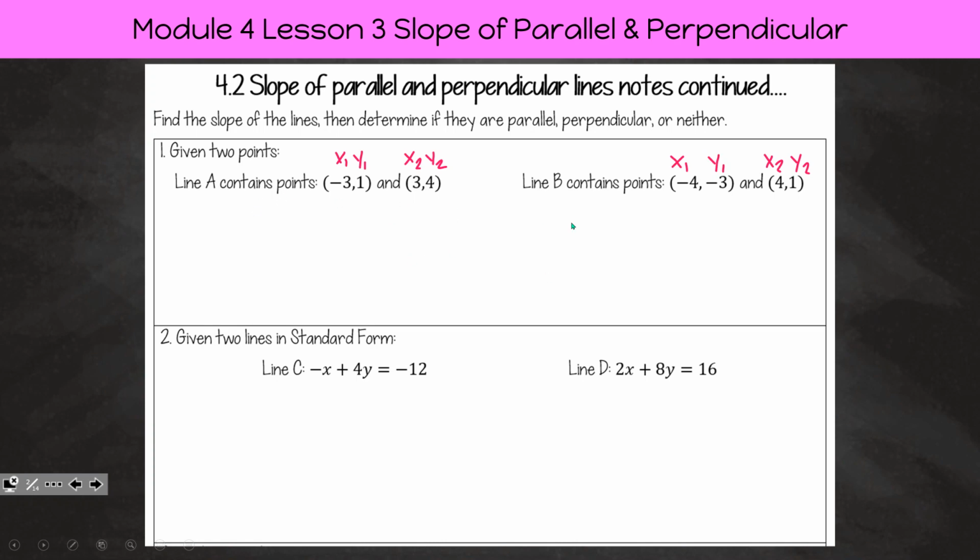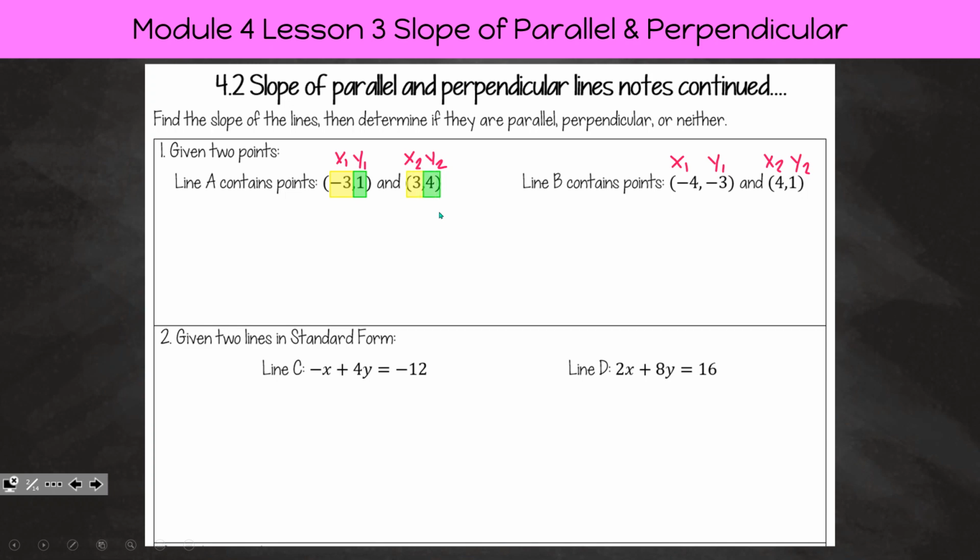So let's see what your practice is going to look like. We need to find the slope of the lines, then determine if they are parallel, perpendicular, or neither. To find the slope between 2 points, we learned that in Module 3, Lesson 2, we're going to use